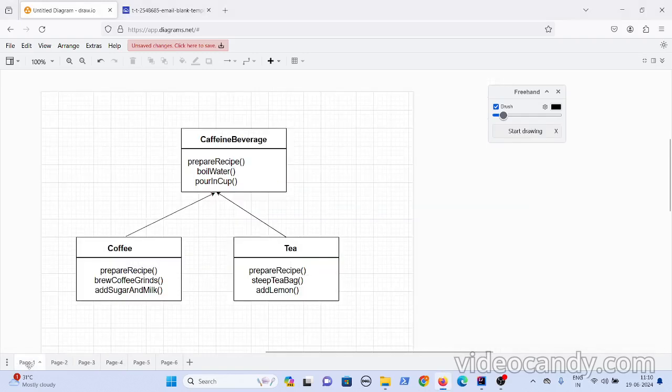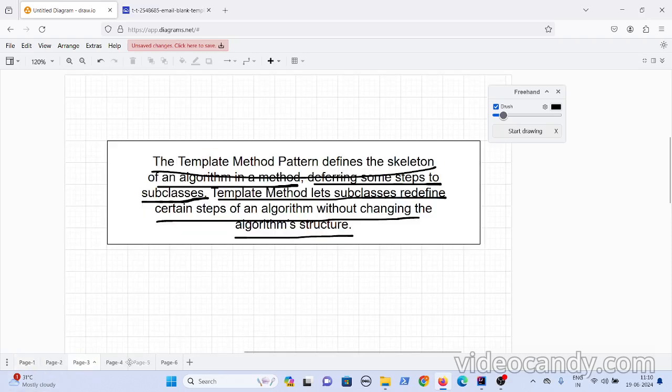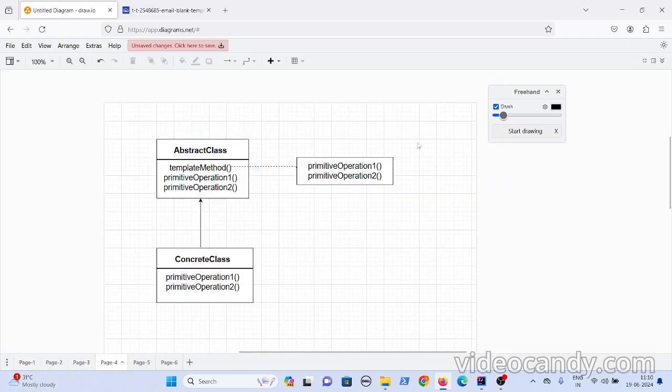Let us see the class diagram of the template method pattern. So what the template method pattern has, first of all, is an abstract class. Why an abstract class? Because there are a few methods for which the implementation is provided in the subclasses, right? Those methods you are declaring as abstract. Whenever you declare a method as abstract, that class is an abstract class, right?